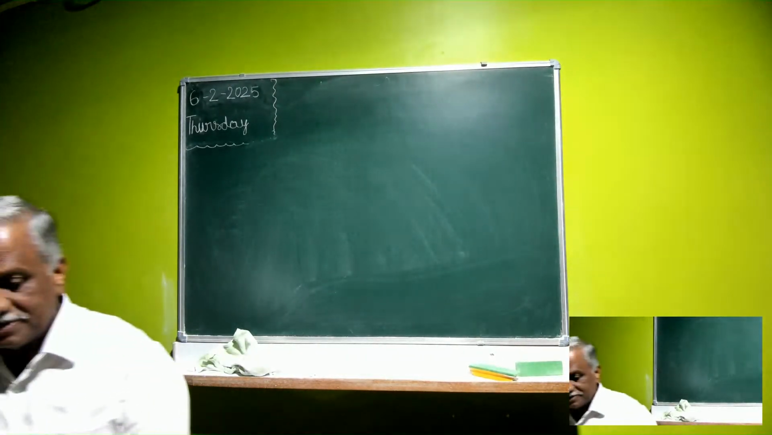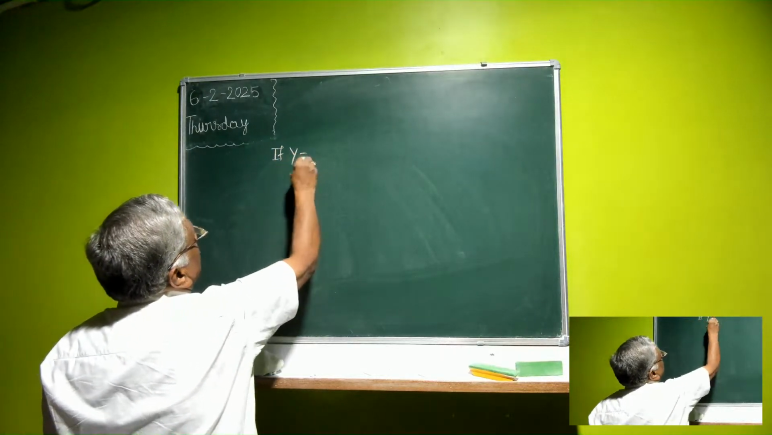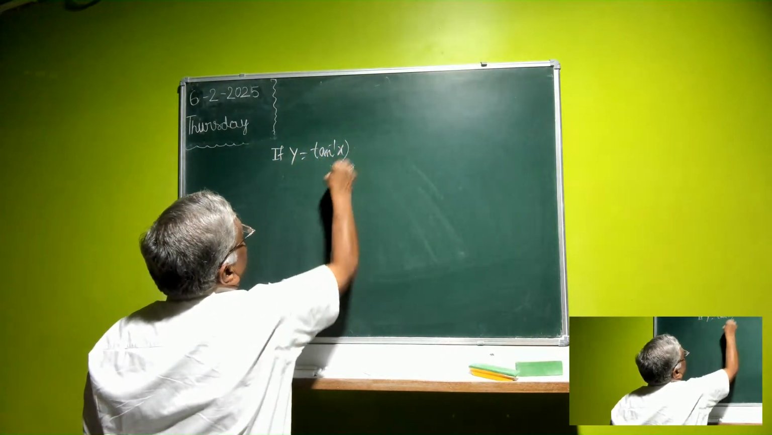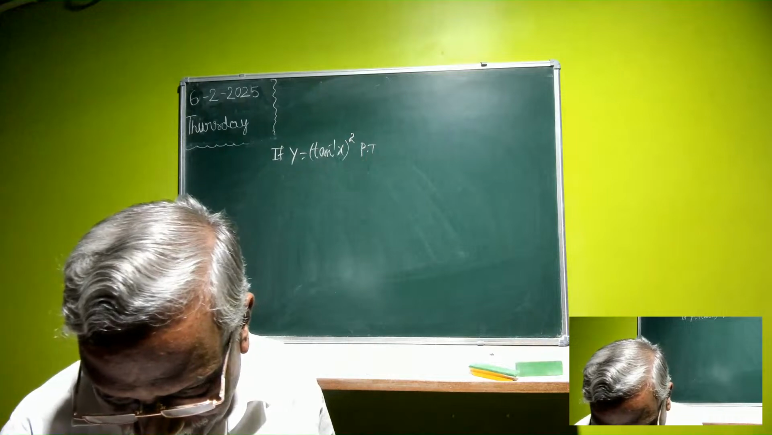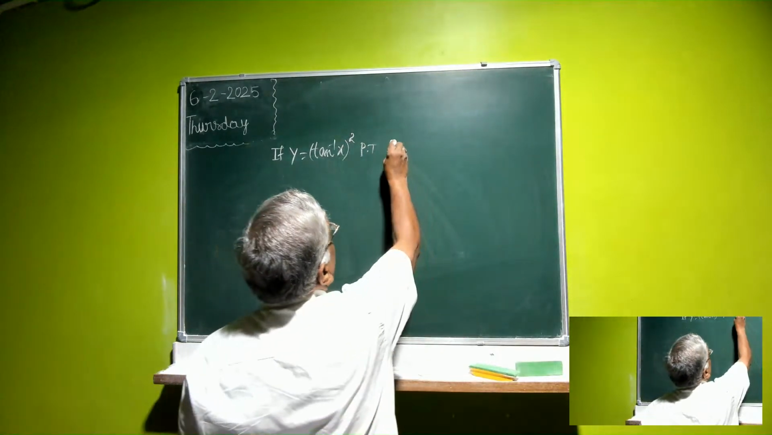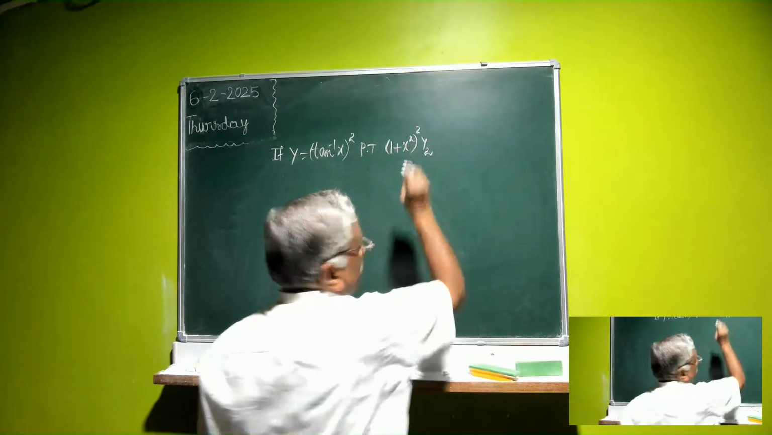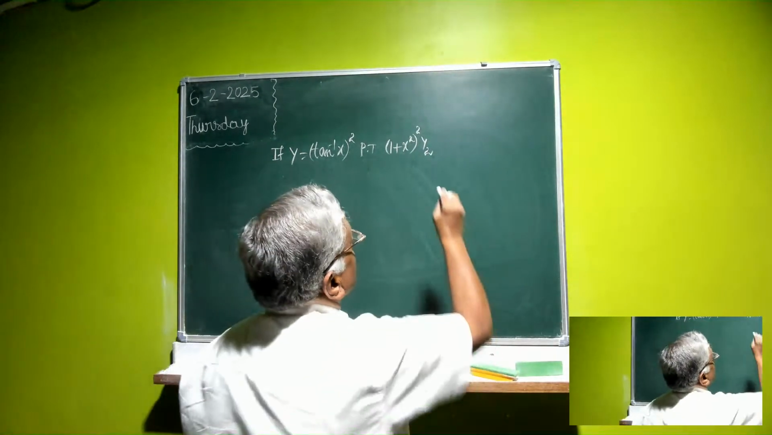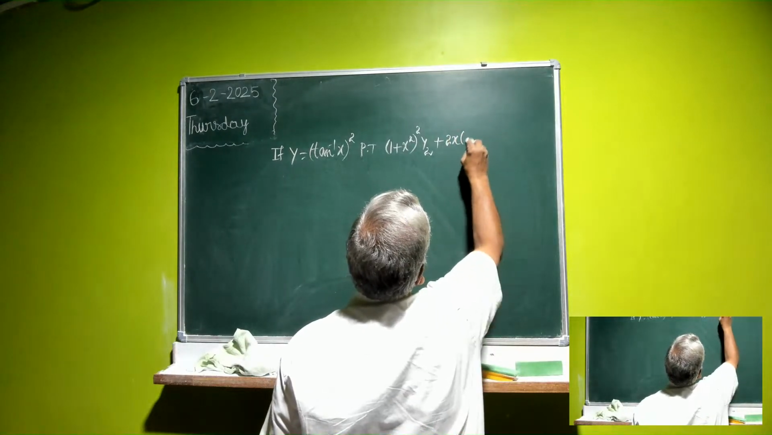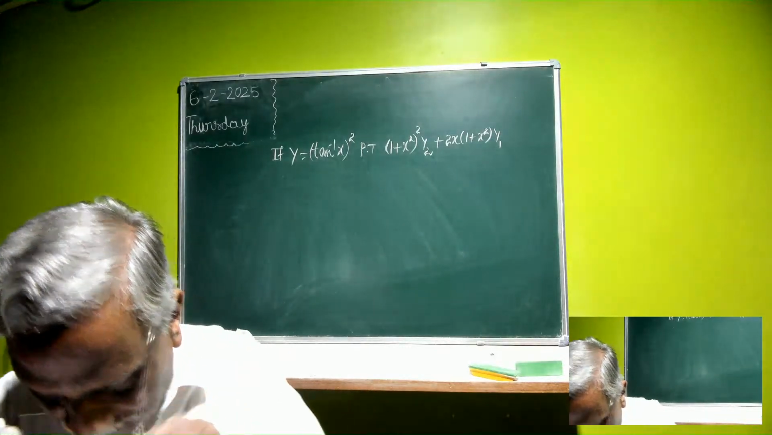The problem that I am taking is, if y is equal to (tan inverse x) whole square, prove that (1 plus x square) whole square into y2 plus 2x into (1 plus x square) into y1 equals to